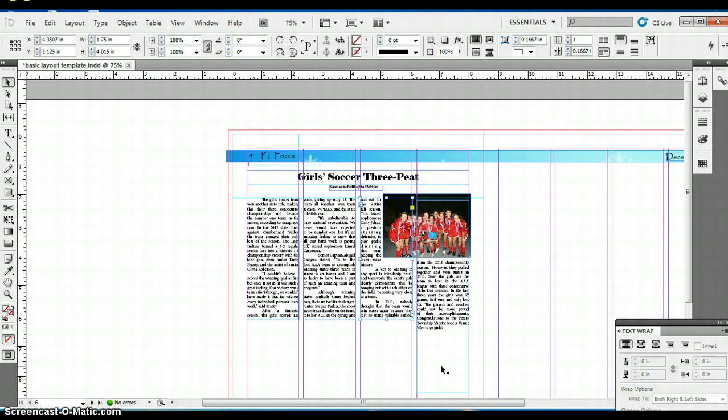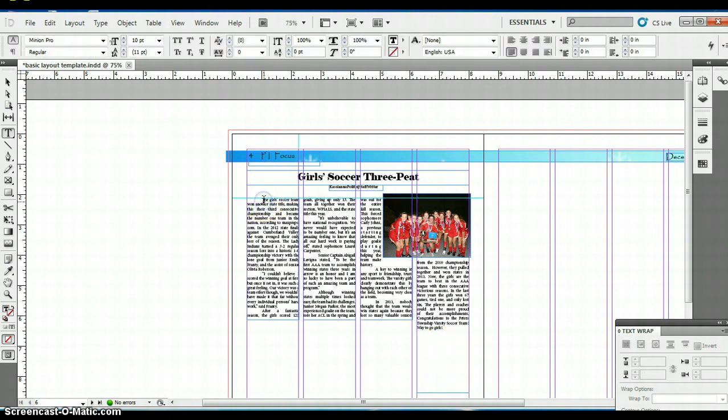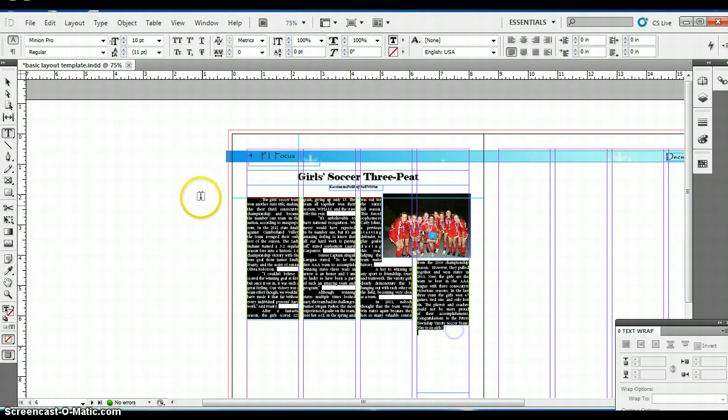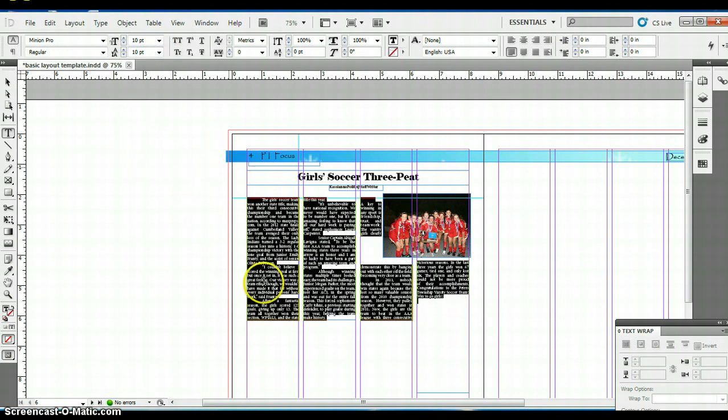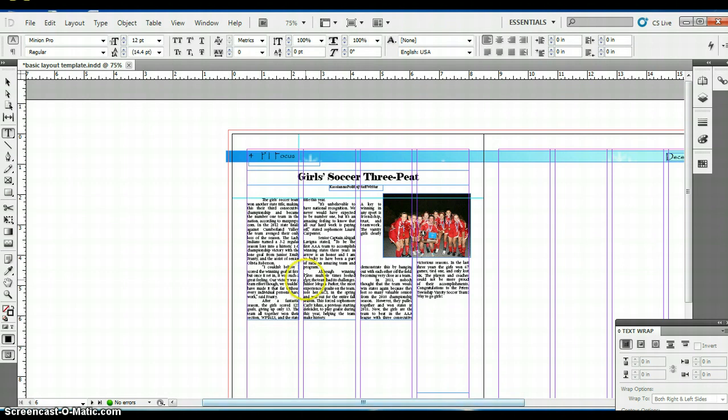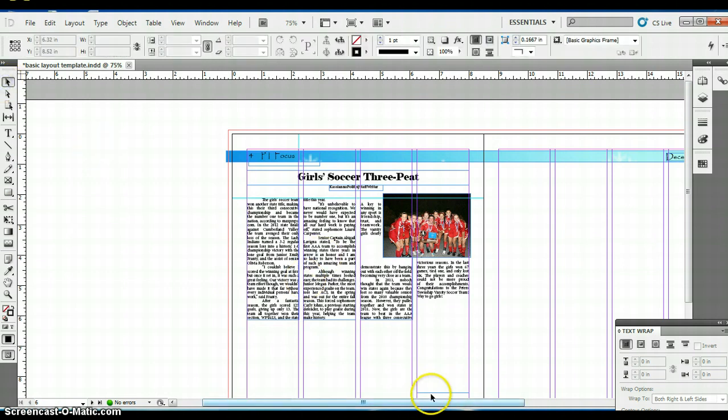And you can see from the tutorial that this takes a long time. So let's just do something simple that will help change this. Instead of making our leading 11 point, we take it down to 10 point, and voila. That takes a lot of the actual